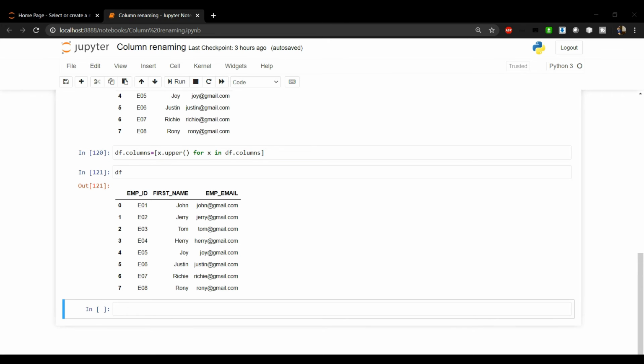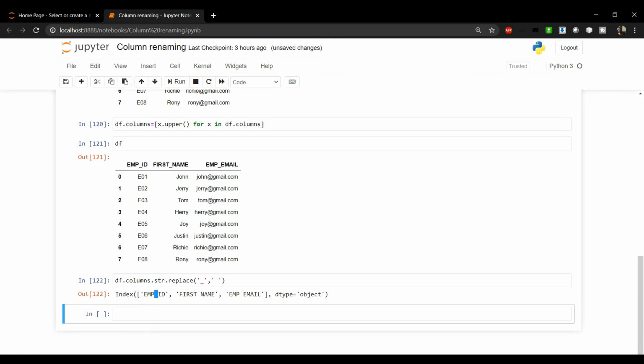Now suppose I want to replace the underscore sign with a space in all the column names. For this I need to use the replace method of the string class, and we can use it as columns.str.replace, and I need to replace the underscore with a space. Run this cell.